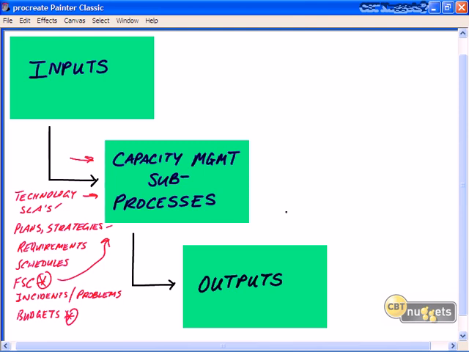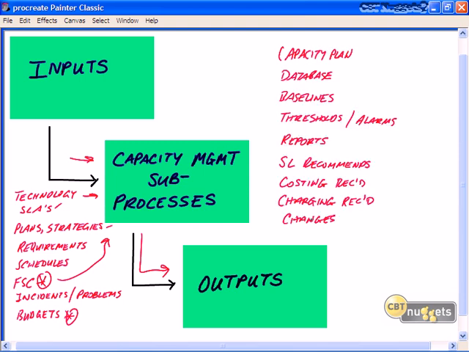And then that leads to our outputs here. And what are some of the outputs that we're talking about? Well, these are going to be the capacity plan that we talked about earlier. Other things that are going to come out of this capacity management process are going to be databases, a capacity database or entries in the change management database, data to be used in baselines and thresholds, how we're going to